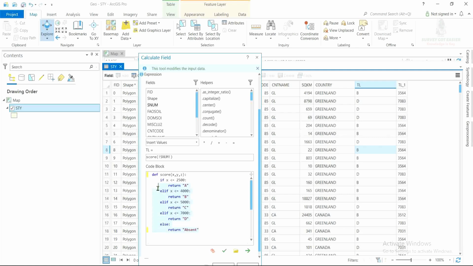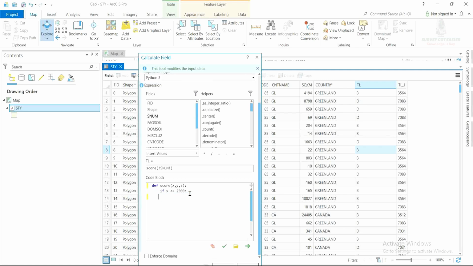So what I'll do here is to use this criteria: if x is less than or equals to 4,000 and y is greater than or equals to 90 and z is equals to GL. Don't forget it's a text value, that is why it's in quotation. I'll say return